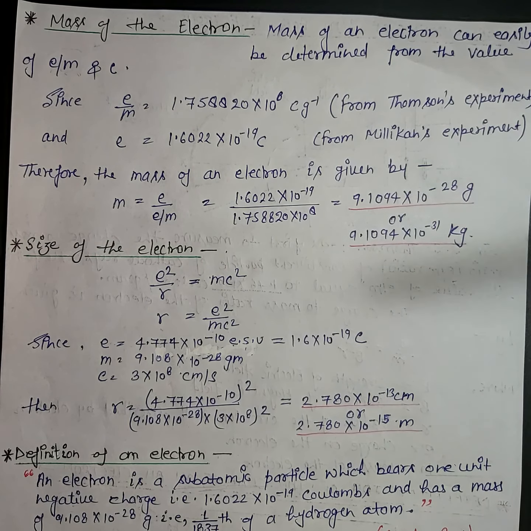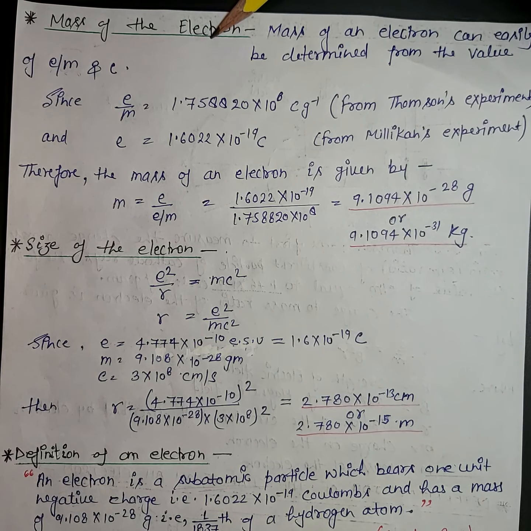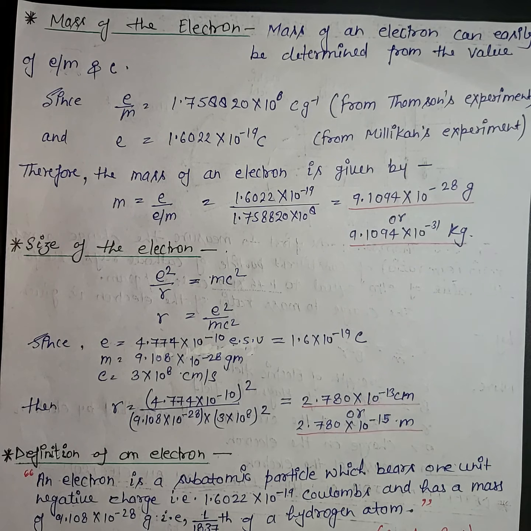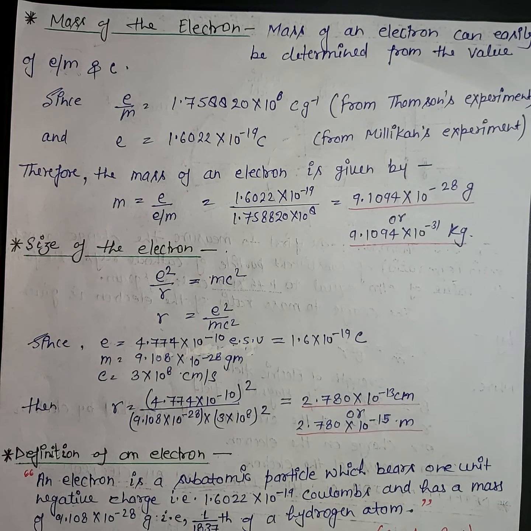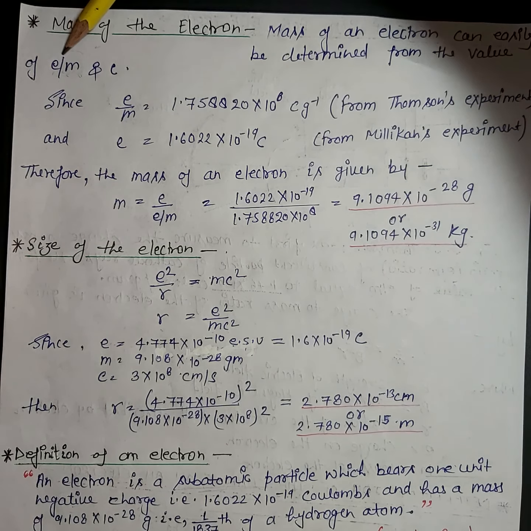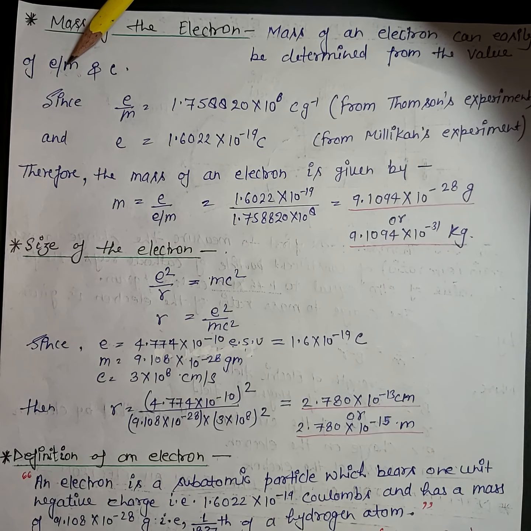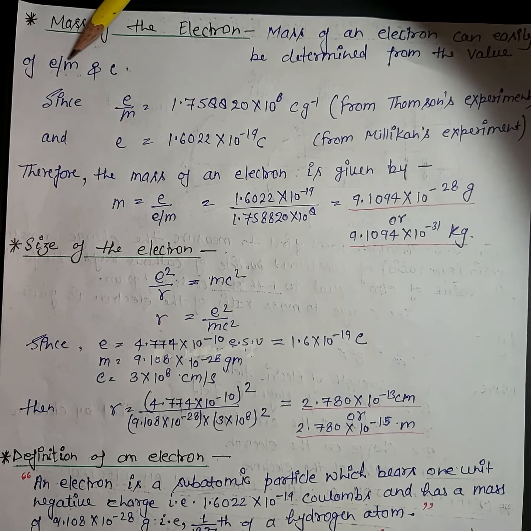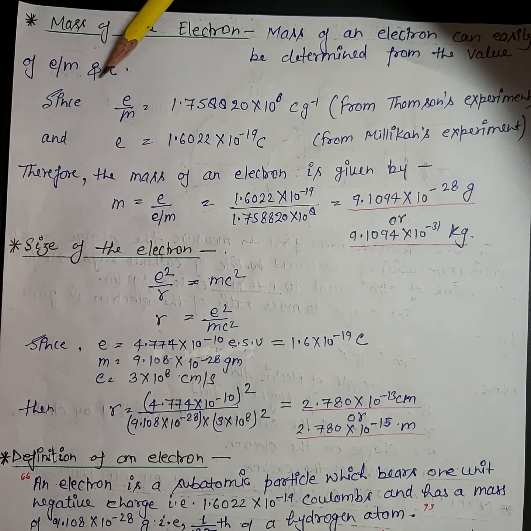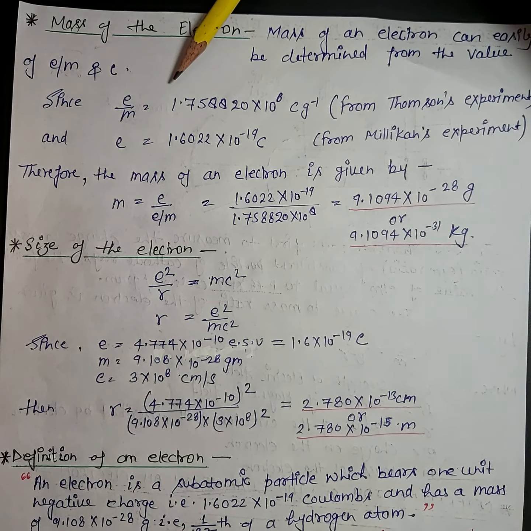Dear children, today's topic is mass of the electron. Means today we are going to calculate the mass. So mass of the electron can be calculated very easily by the value of e over m, the charge to mass ratio of electron, and e, the charge of electron, because scientists knew the values of these two. Okay, so since e over m equals to